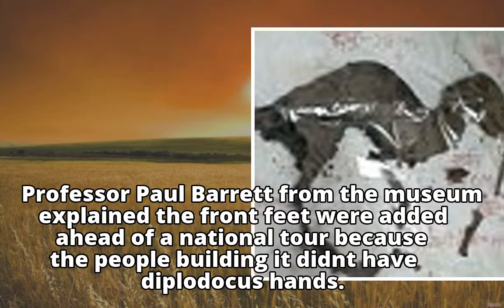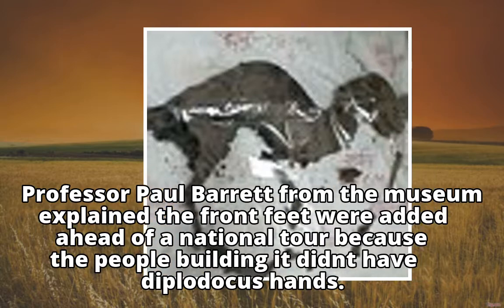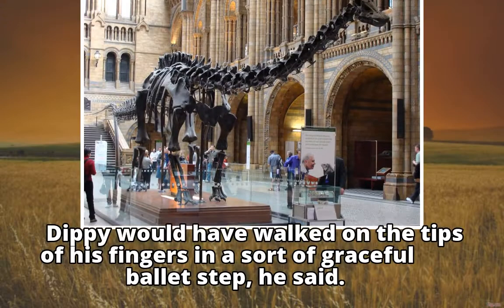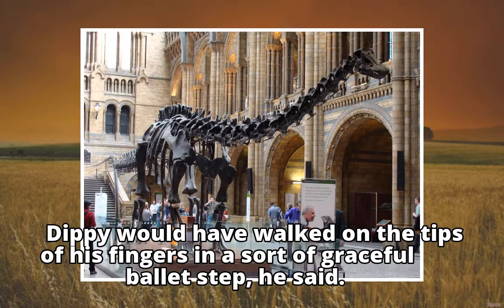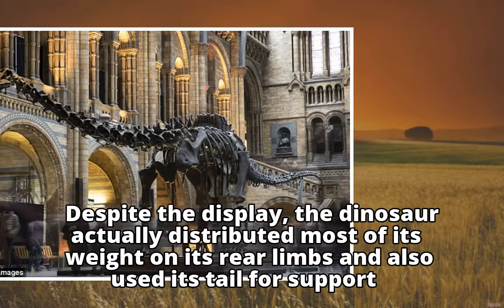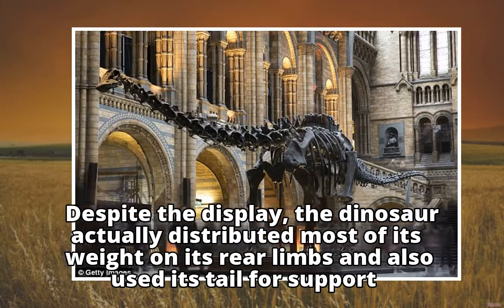Professor Paul Barrett from the museum explained the front feet were added ahead of a national tour because the people building it did not have Diplodocus hands. Dippy would have walked on the tips of his fingers in a sort of graceful ballet step, he said. Despite the display, the dinosaur actually distributed most of its weight on its rear limbs and also used its tail